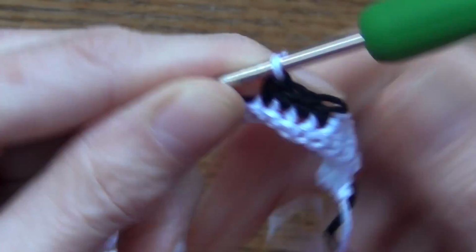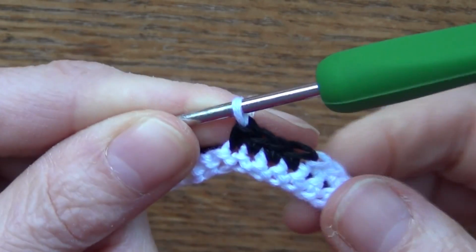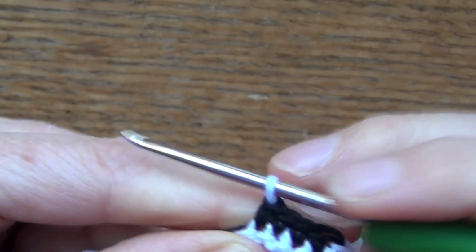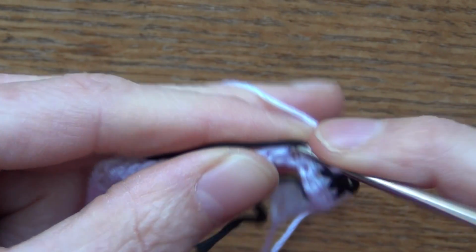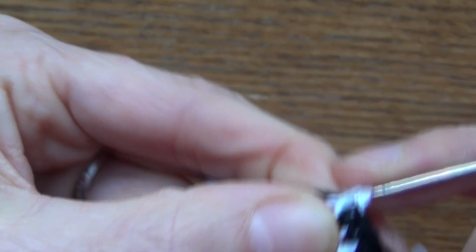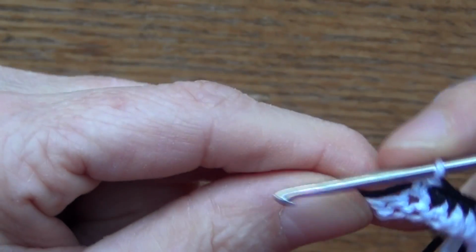And just be careful with embroidery thread, sometimes your strands want to separate. So I've got 5 in the black, 5 in the white, 4 in the black, and now I've got 9 in the white. So you just keep carrying this one. Carry your black one. Now I hold mine, both of them, in the same hand. So I just alternate. So now I've got 1. Whoops, and I can feel when my thread hasn't got it all. 1,